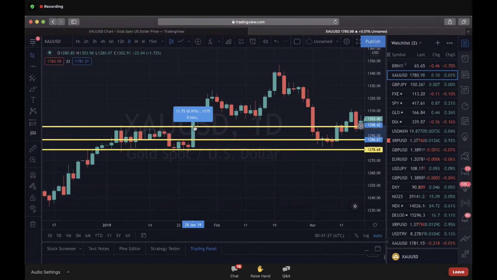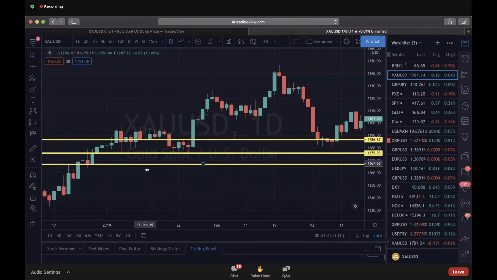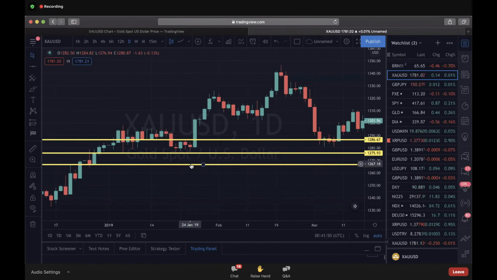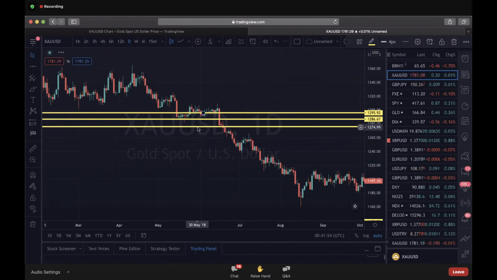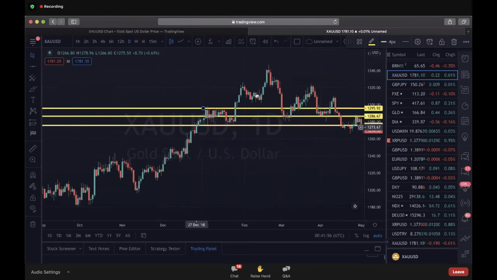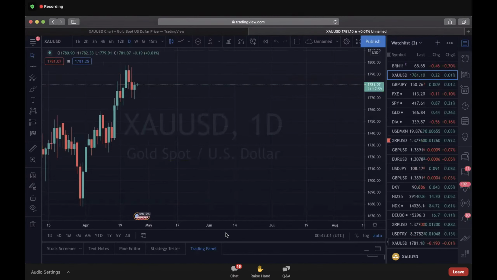100 pips, done. Either side, doesn't matter. If it would have went to this side, it could have went this way. It would have been 100 pips. It could have went to this side, it would have been 100 pips. Okay, and this is just starting off to give you a clear example of how charts are marked up.